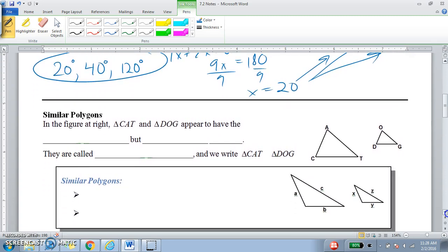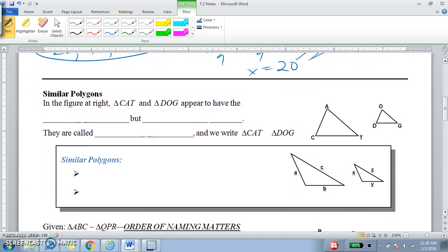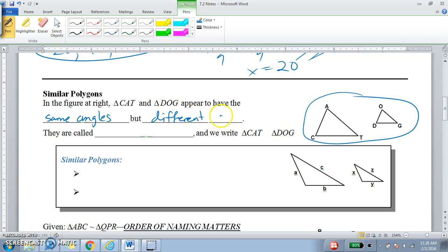So, similar polygons, what are they? If we look at these two triangles right here, it appears that these triangles have the same angles, but they definitely have different sides. So it's not like when we were talking about congruent triangles where everything is the exact same, because the sides of these triangles are definitely not congruent. This one is clearly smaller than this one. So these are called similar